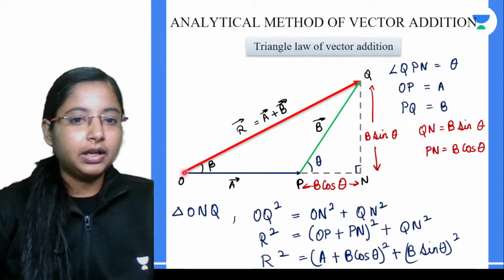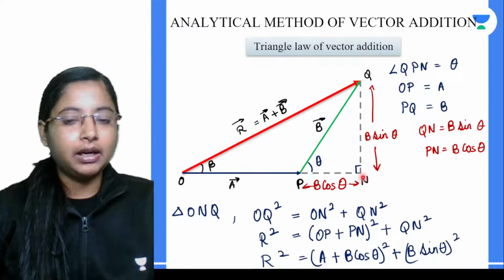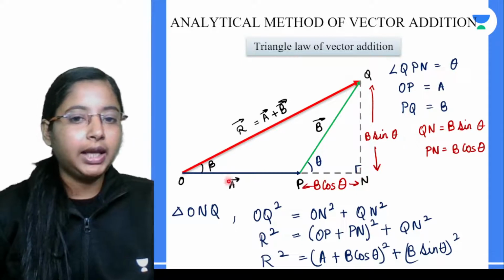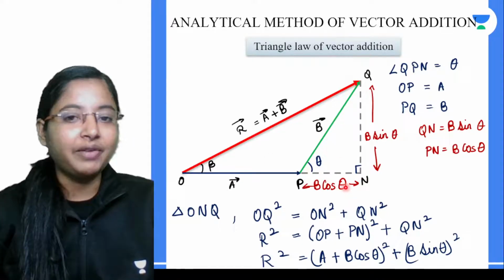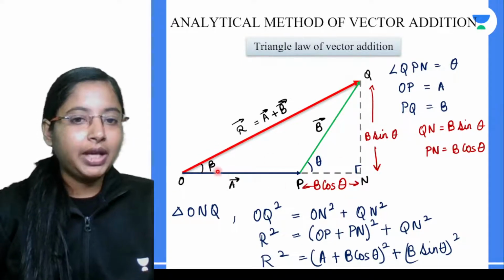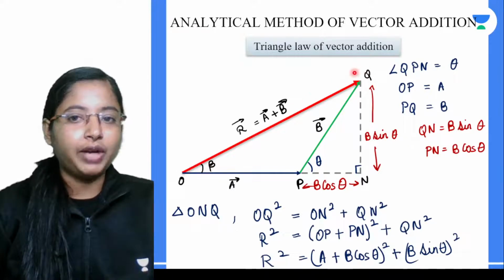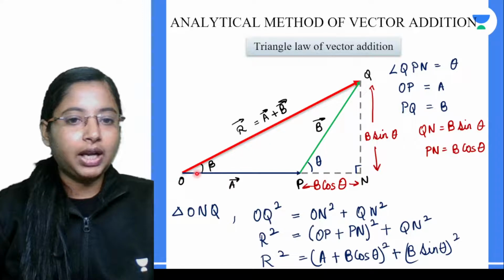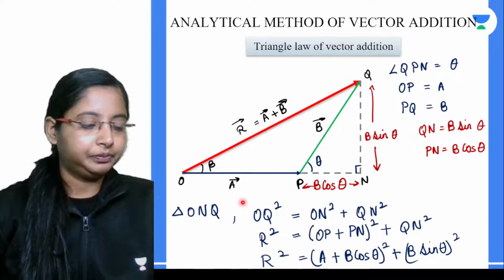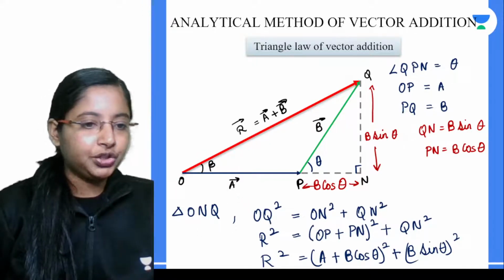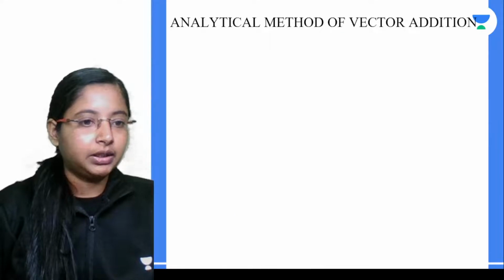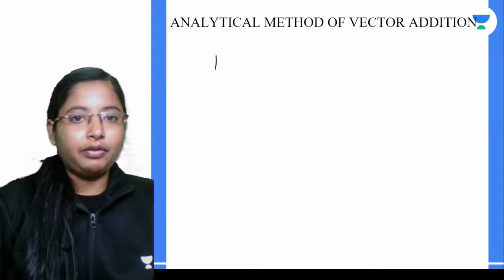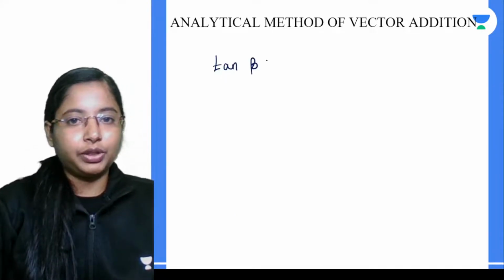So this side, okay, the base and the height and the perpendicular of this triangle gives us the total A and B theta, A and B vector together. So we have beta over here, we want to find the resultant. So if you take tan beta for this particular triangle, very simple in this case,